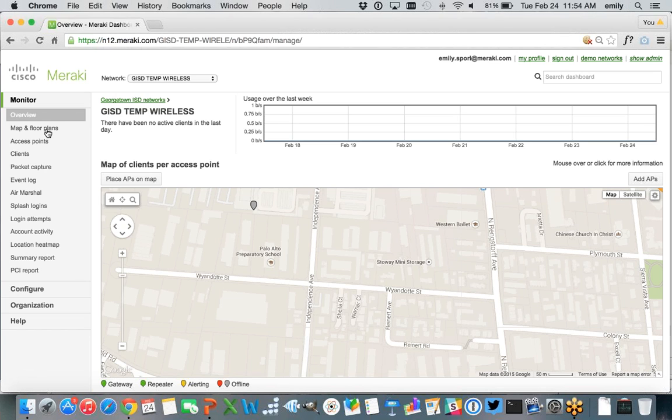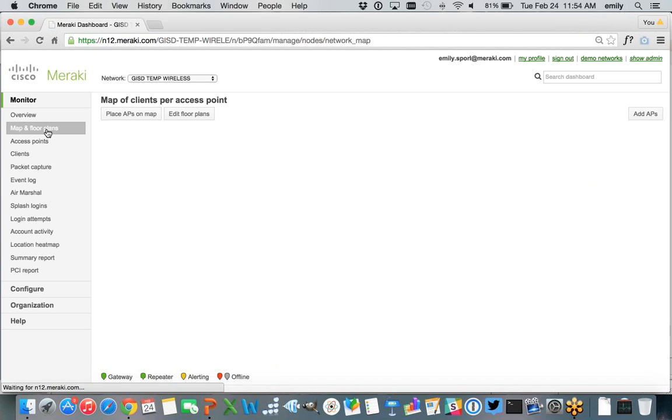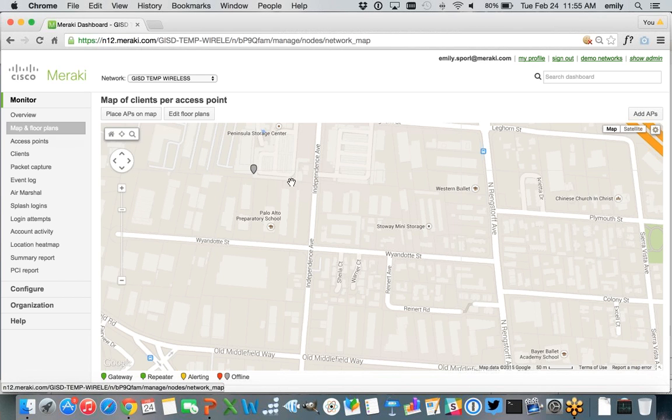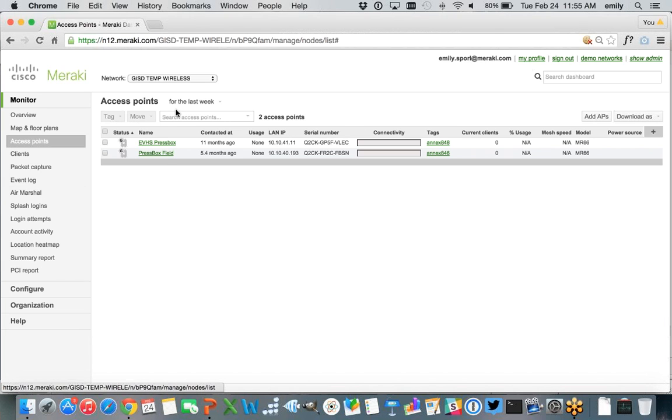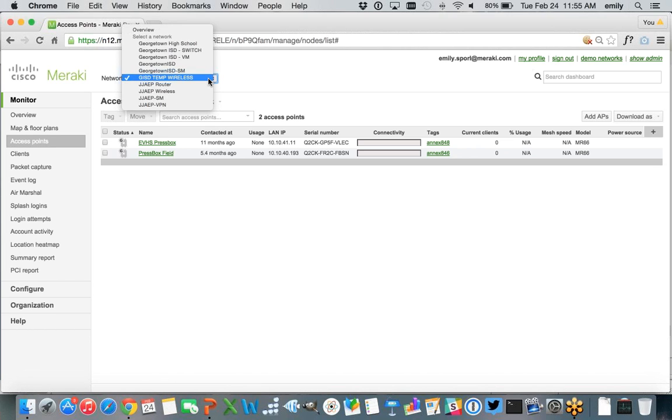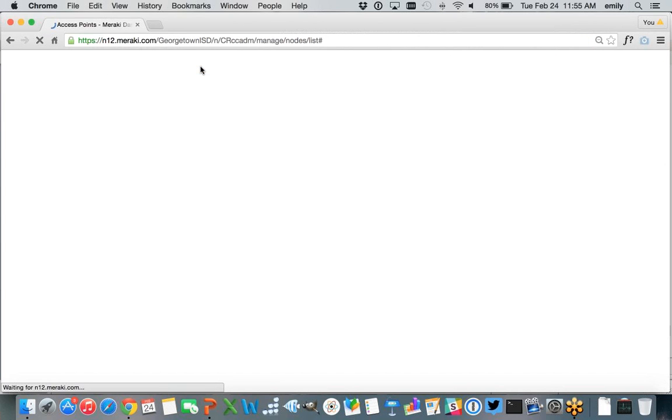But essentially, for the wireless, if you have a floor plan of your office space, we allow you to upload that floor plan into Dashboard. So essentially, let's actually go in and look at, let's pick an access point. You should be able to go to the Georgetown ISD network for that. Maybe this guy or this one? This one. That one right there. Yeah. Perfect. Thank you, Donnie.